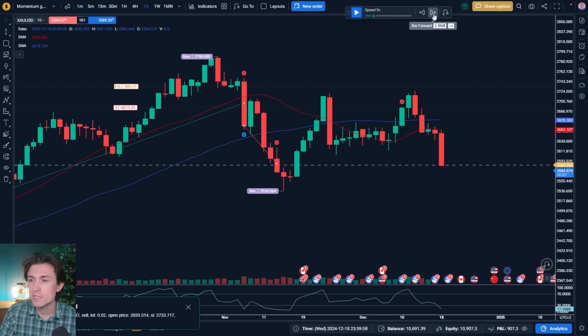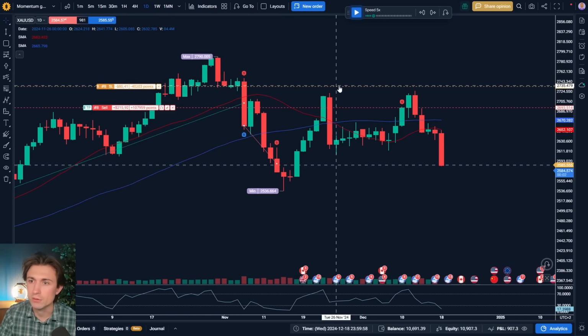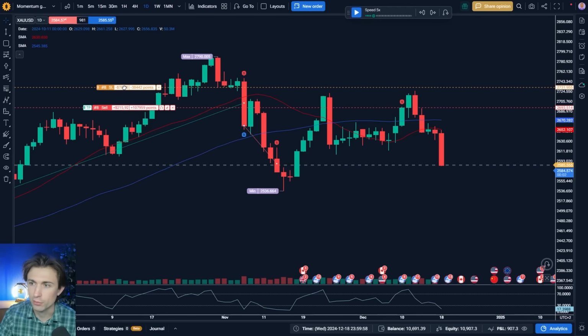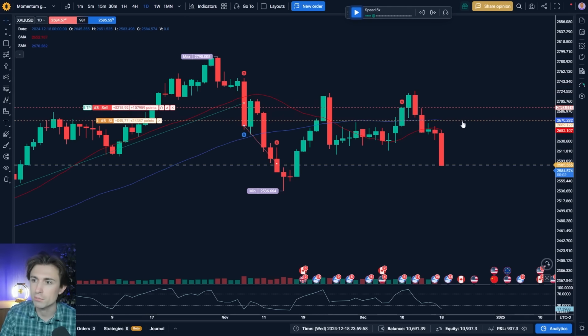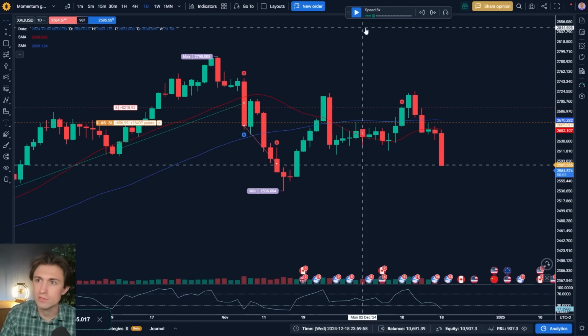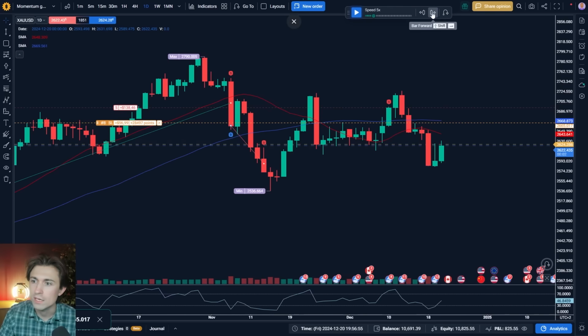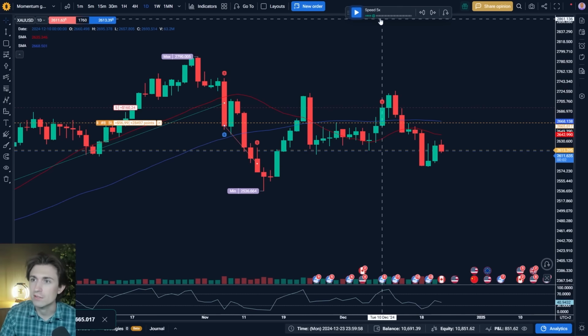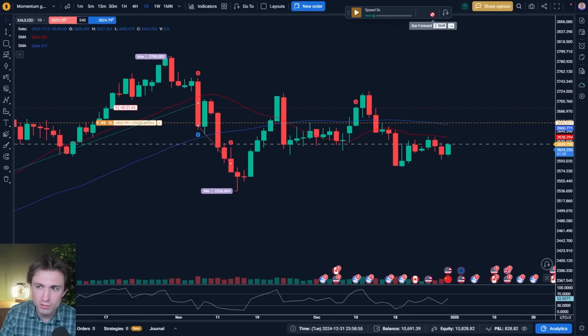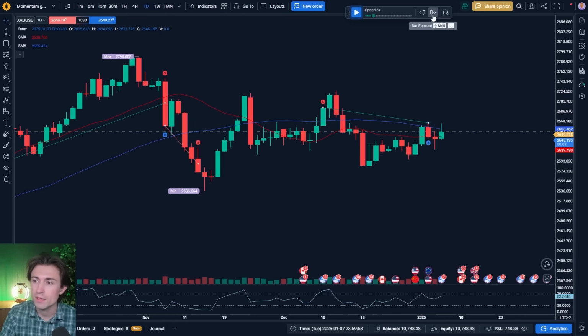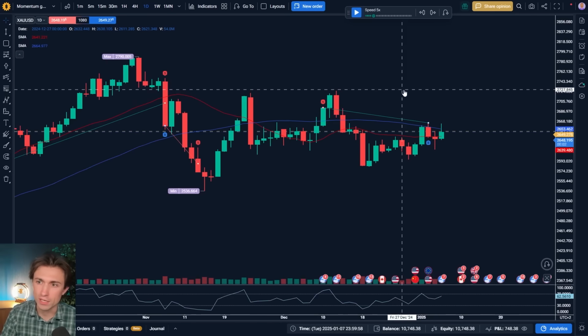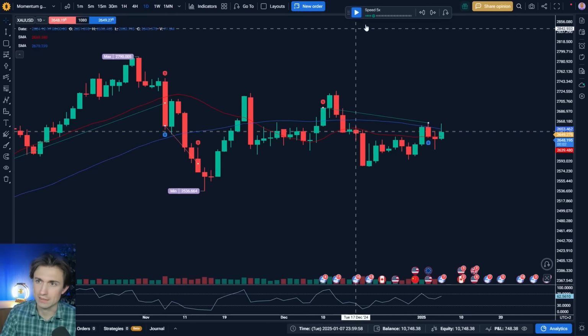So let's see what happens here. Gold is moving lower. What we can do is immediately, now that we've got a nice little break here, I'm going to move my stop loss just above this market structure high here. So let's go ahead and continue to see what happens. Retesting what was support, now potentially resistance. Let's see if that rolls over. And nope, we took a small win on the trade,